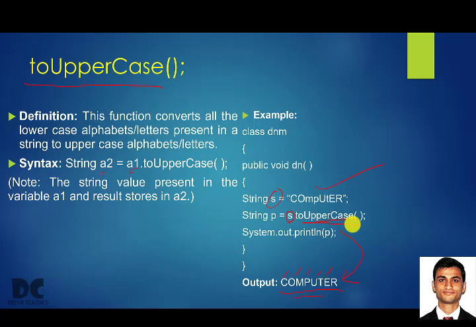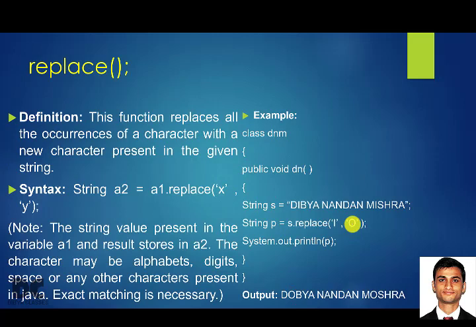So next function we have is replace. I think you understand what is the meaning of replace. Replace means there is one thing present and you want to replace it, means change it with another thing, you can say. So here replace will be used. For example, you have A and you want to replace it with O. Means A will get deleted and instead of that O will be present. So this is called replace. So this function replaces all the occurrences of a character with a new character in the given string.